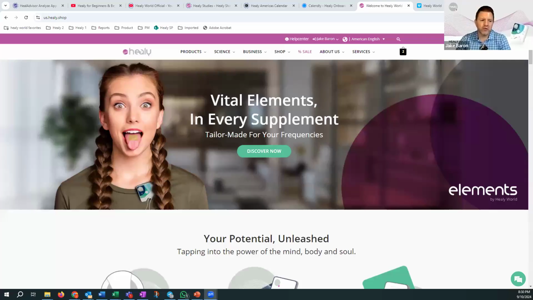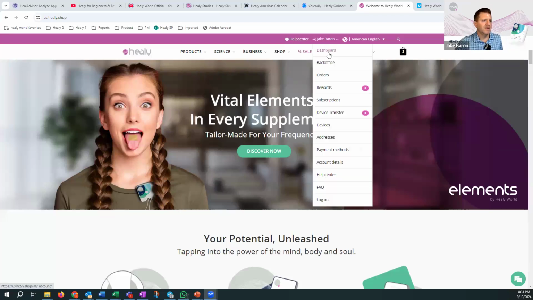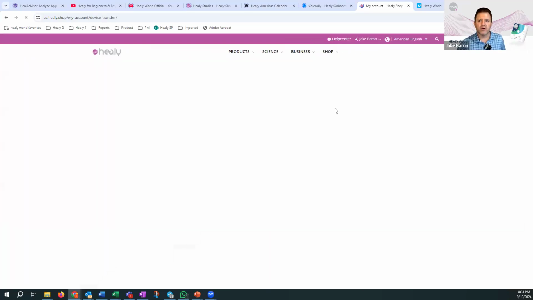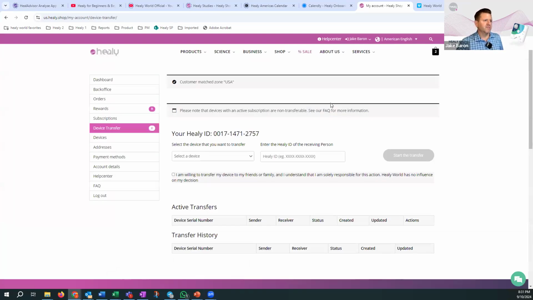Now, let me just share my screen. I'm going to go back to Healy Shop, which is where we were earlier when we were showing the live chat widget, which is down in the bottom right-hand corner. But this time, if you're logged in, you click on your name here at the top, you'll see the little menu that pops up, and we're going to go to device transfer. So this is where you go if you want to transfer a device to anybody here at Healy World, and then it takes a couple seconds to load, and you'll see here